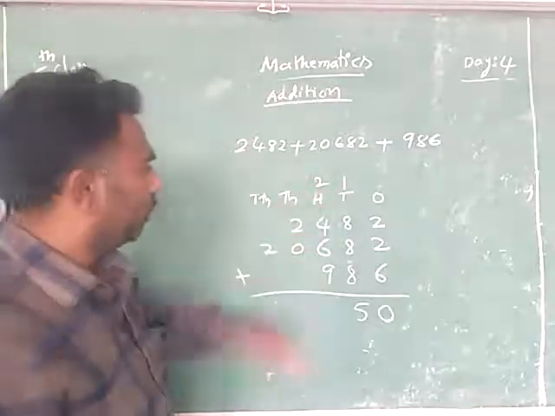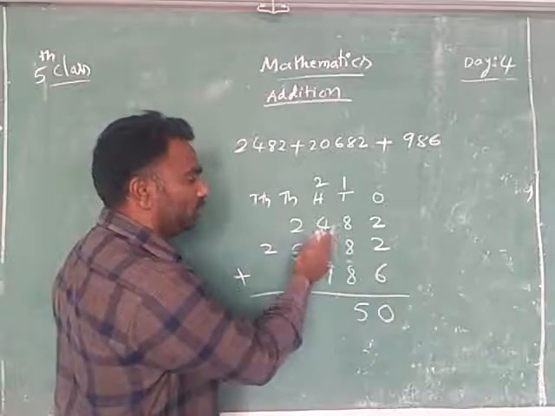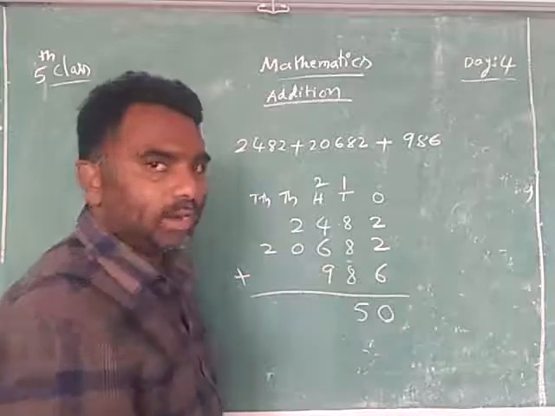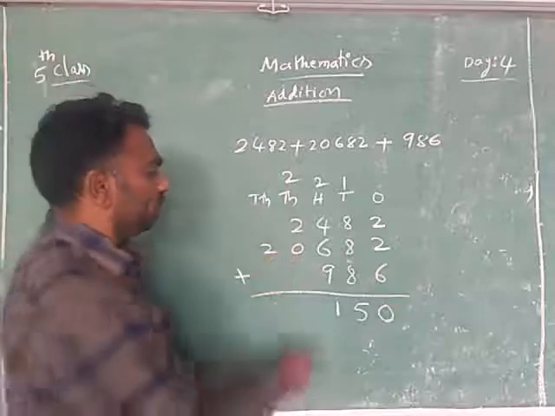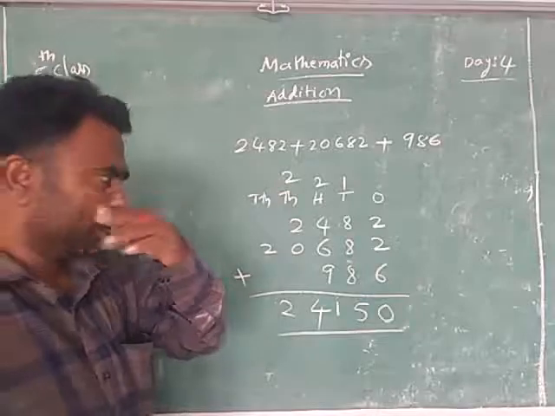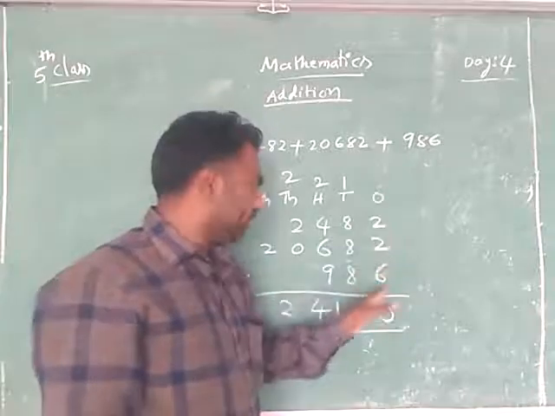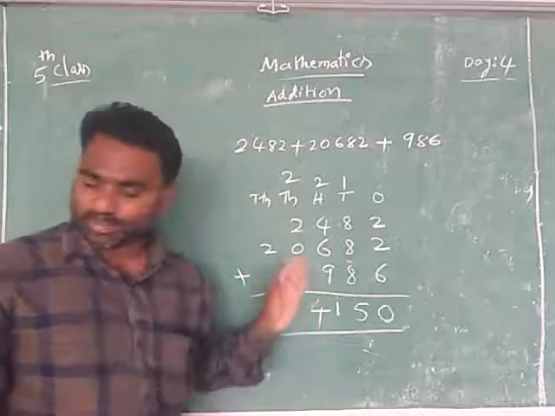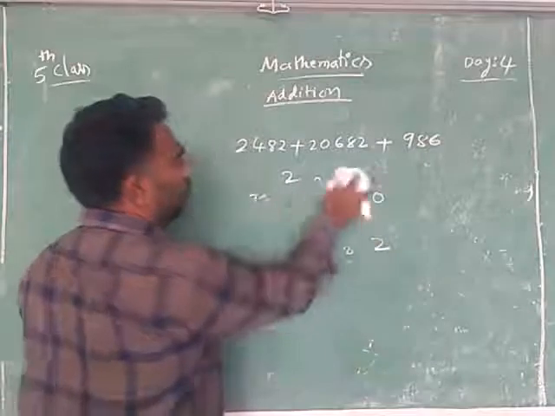2 is carried. 2 plus 4, 6. 6 plus 6, 12. 12 plus 9, 21. 21 is again 1 here, 2 carry. 2 plus 2, 4 plus 0, 4. And the last 2. This is called addition. So when I give numbers like that, you should arrange them in order: ones places in one line, tens places in one line, hundreds places, 1,000 places and 10,000 places. So one more problem.